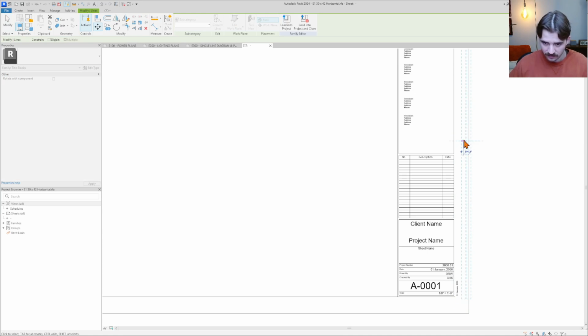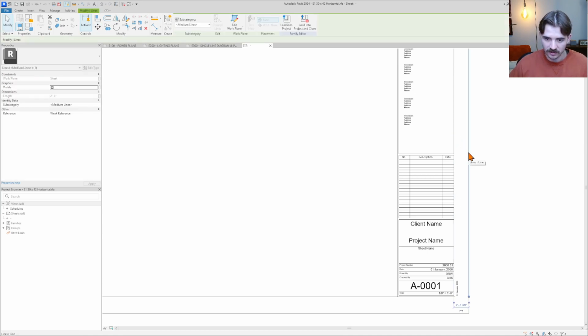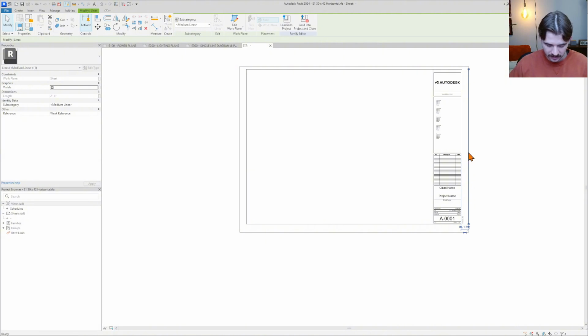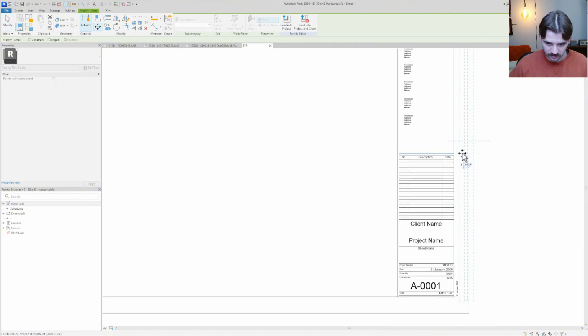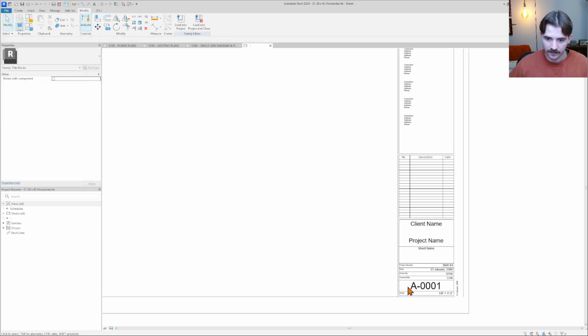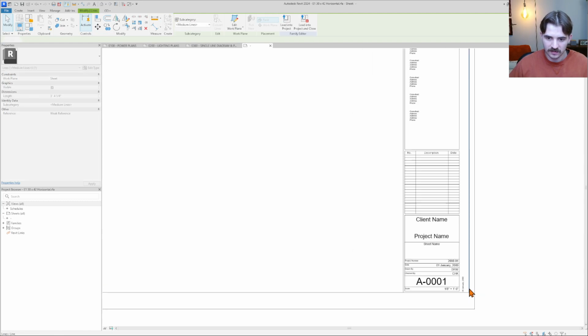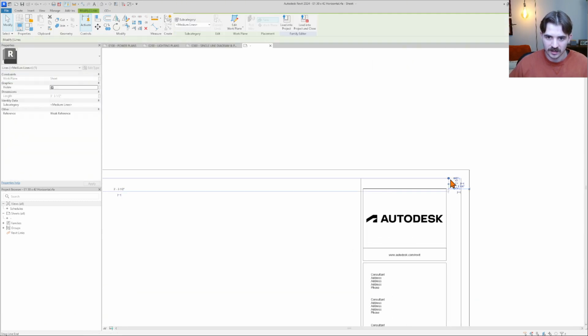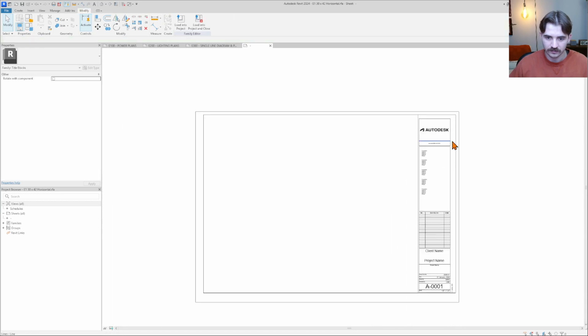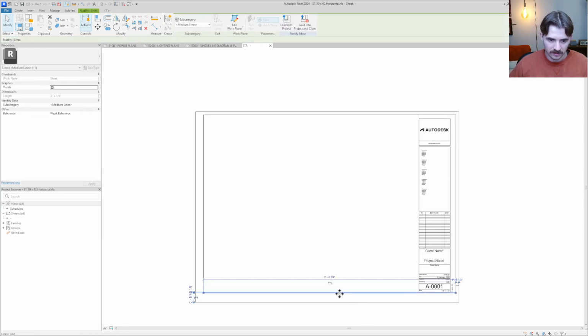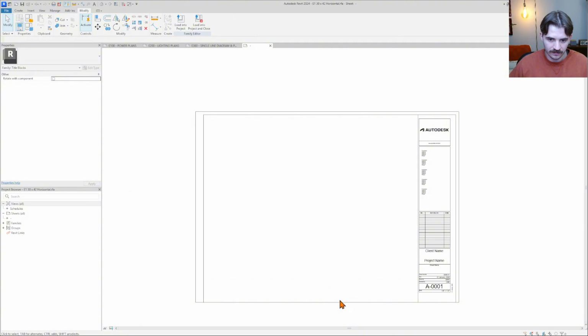0.5 inch. Oh, let's make sure I don't select the wrong line again. No, that looks like the right line. So move 0.5 inch. Then we can get these lines back connected to here. And then do the last one down here, move it down, tab into the smaller line,